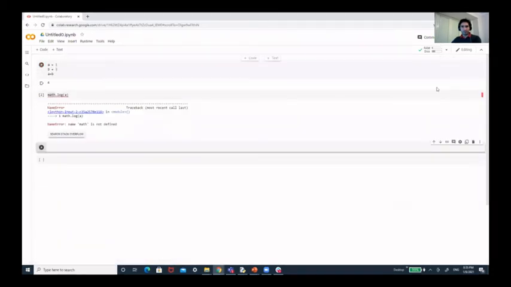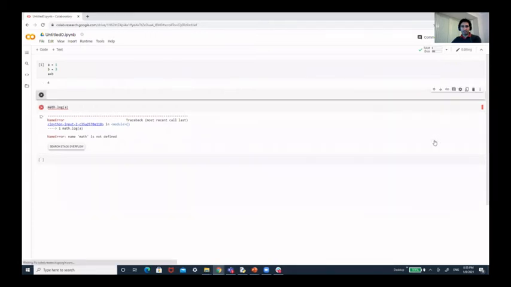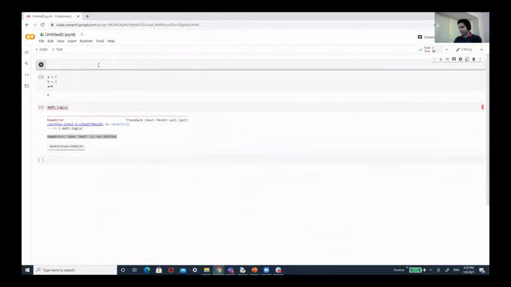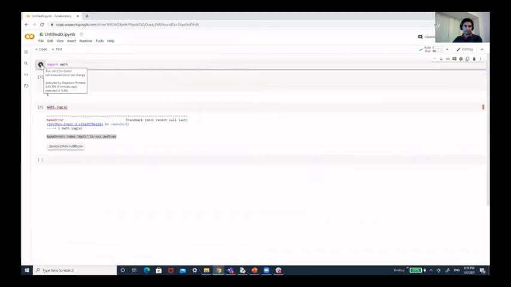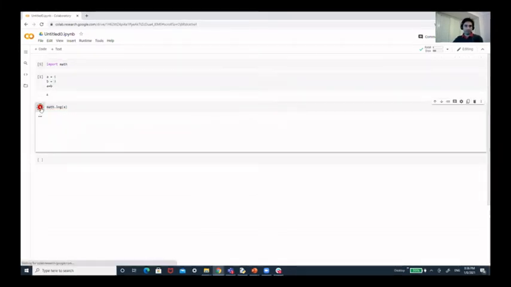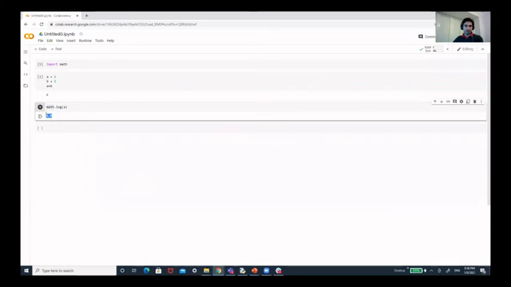So I'm going to move it to the beginning, and I'm going to start setting up a few things that I want to import. So I want to import that library called math. And now that the library is imported, you probably haven't seen, but I just hit Shift Enter to run that line. I can also click here to run the line. And if I click here, hopefully I should have the logarithm of A. Okay.